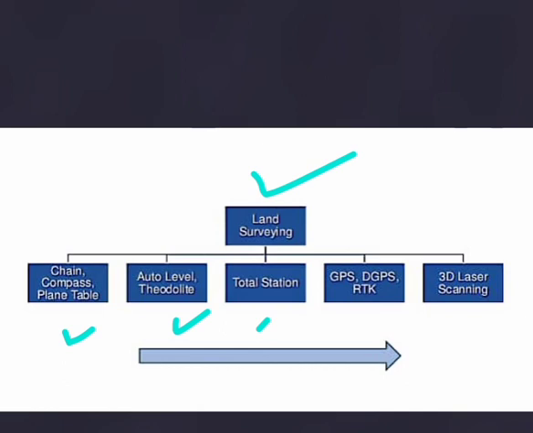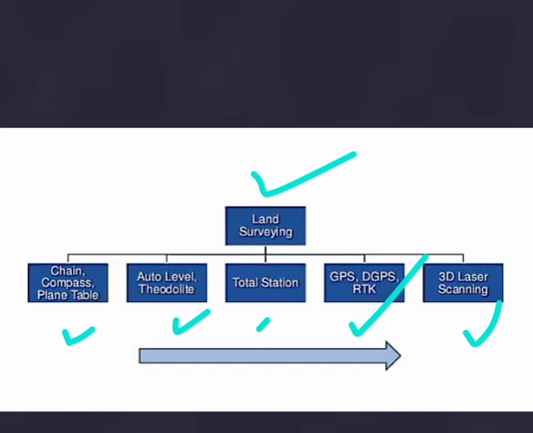This is also a satellite navigation technique. It is used to enhance the precision of position data. Then you will be having 3D laser scanning, or LIDAR, light detection and ranging, which is the process of shining a reflectorless laser line over a surface in order to collect three-dimensional data.